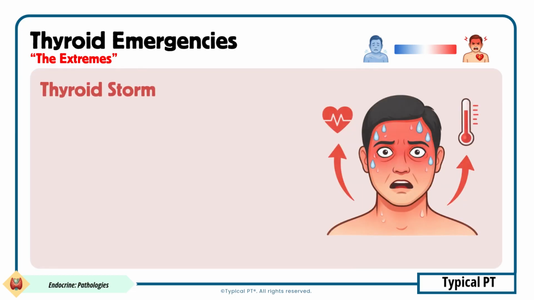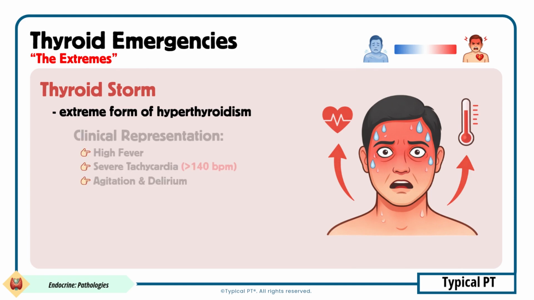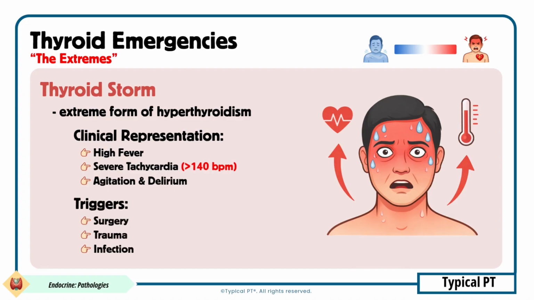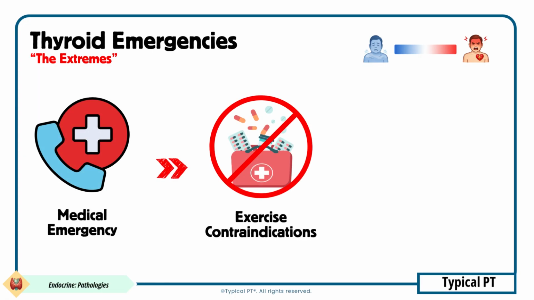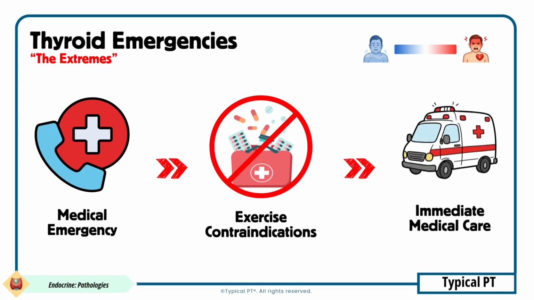In contrast, thyroid storm represents the extreme form of hyperthyroidism. It occurs when thyroid hormone levels become dangerously high, often after surgery, trauma, or infection. Key features include high fever, severe tachycardia above 140 beats per minute, agitation, and delirium. These conditions are medical emergencies, and exercise is contraindicated. If these signs appear during evaluation or treatment, therapy must be stopped, and the patient must be referred immediately for